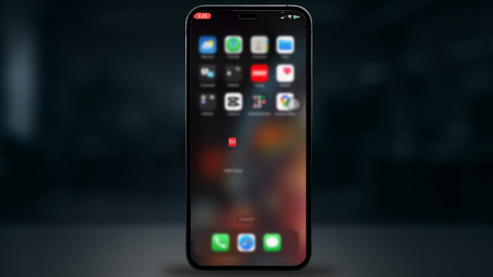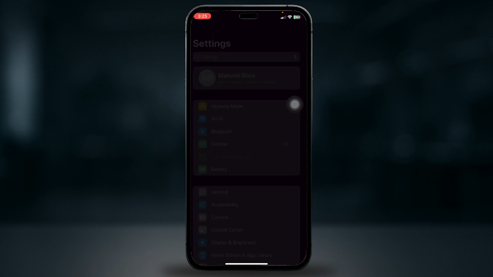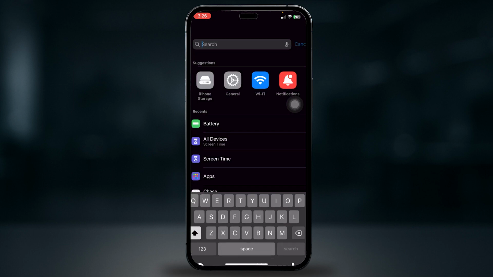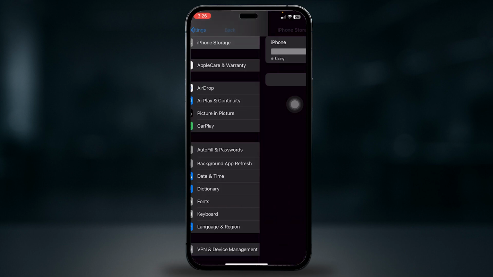Then if you're on Android, just go ahead and clear cache. Go to settings, then go to apps, then search for Wells Fargo, then go to storage and then hit clear cache. Now on iPhone, go to settings, search for storage, then